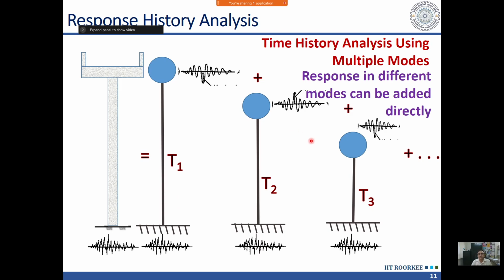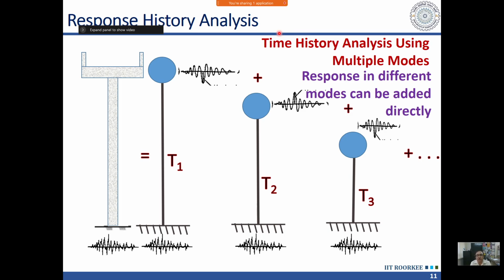Now in case of this multi-mode analysis, where I am considering multiple modes, two types of analysis are possible. In one analysis I use the time history. So I can use the same time history which I want my structure to analyze for. So same time history I will apply at the base of all these single degree freedom system, and I will get response of the single degree freedom system with time, and I can simply add this response because I have the full response for the whole duration of the time. I will simply add those. This method is called response history analysis.